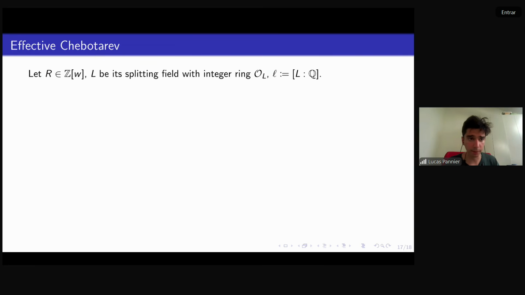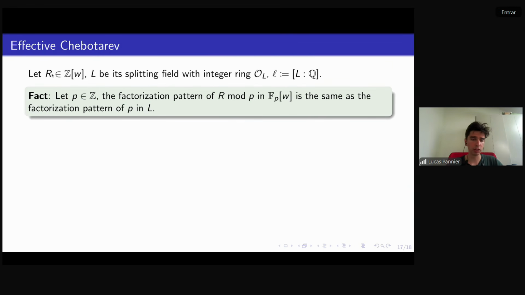And last, I would like to make a bit of a link with another problem in number theory. So I said before that I knew two proofs of Kronecker's theorem, one due to the Chudnovskys, which I presented to you in the slides, and the second due to Chebotarev using a high-level number theoretic statement, which is Chebotarev's density theorem. And there actually exist effective versions of this theorem. So I will not state very precise things, but I will try to highlight a link.